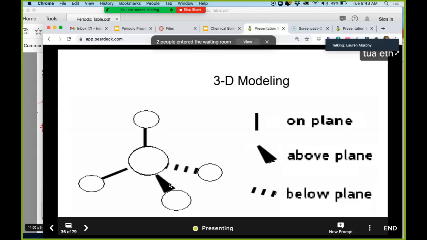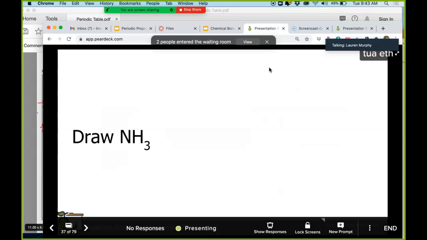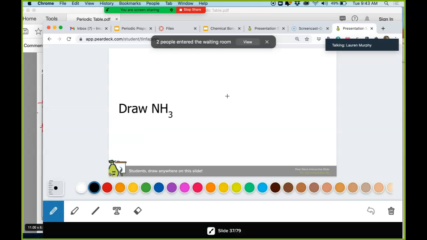So this is sometimes how they draw 3D modeling because, right, these molecules exist in 3 dimensions. So this is coming out at you. This would be going backwards. This would be like methane in 3 dimensions where we spread out the bonds as far away from each other as we can. Now, this molecule is kind of like methane except for, so there's nitrogen, and then here's my 3 hydrogens,